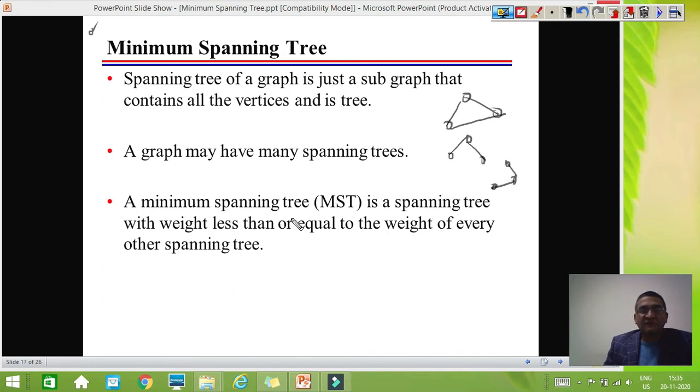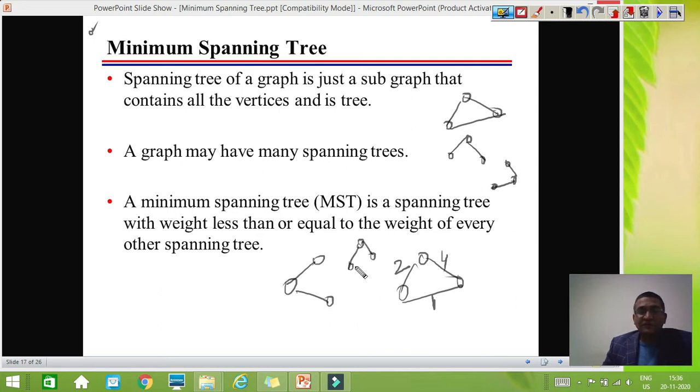But when I say minimum spanning tree, it is a tree which has a minimum value. So one thing to keep in mind: when we say minimum spanning tree, that means we have a weighted graph where some weight is assigned on the edges, and we are looking to connect all the vertices in such a way that the edge weight will be minimum. What does it mean? If I am having this graph with weights 4, 2, 1, then many possible spanning trees are there, but the minimum cost will be this. Now this is one spanning tree possible, this is another spanning tree possible.